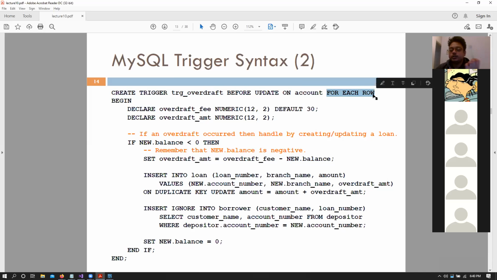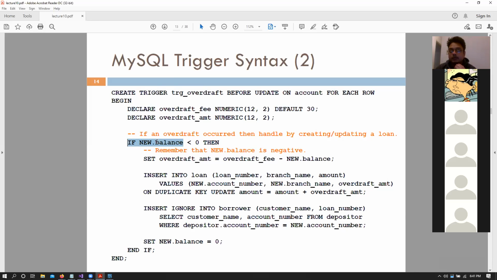Note that we do not need to specify the name of the row here, because MySQL by default is going to look at a row as new or old. So begin. For every row that is changed, this particular trigger will take place, right? So for each row, we have the overdraft fee and the overdraft amount. Let's say that the overdraft fee is $30. You're a generous bank.